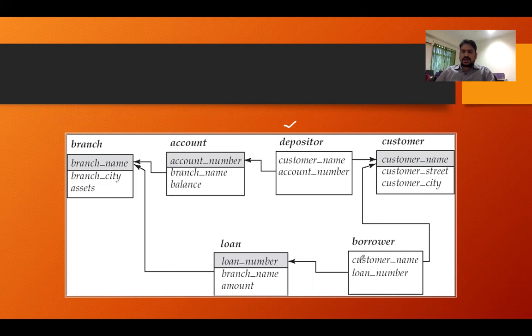And then what is the common between loan and the borrower? Loan number is the common. So based on that, they will be joined. So what we do is we'll first join these two tables, which is depositor and the borrower, so that we can get the customer name who have both loan and the account. And then from the loan number, we'll find out those people who have the loan and find out